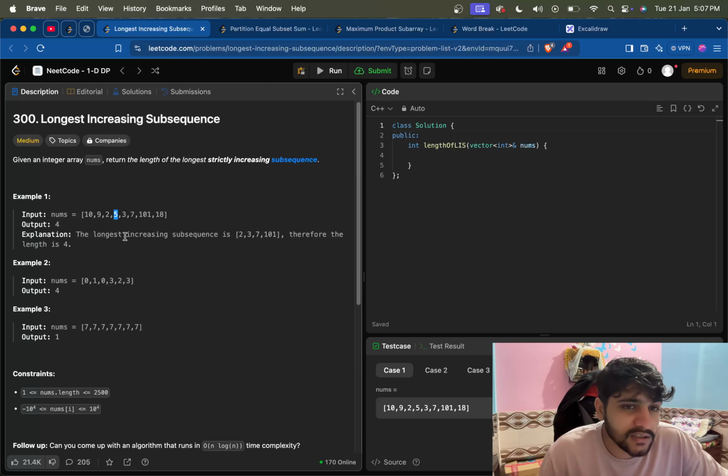So what we will do is we will just start the for loop from i equal to 0 to i less than n, i plus plus, and we will start the inner loop j from 0 to j less than i, j plus plus. Our condition is that if nums[i] is greater than nums[j], first thing, and the second condition is that